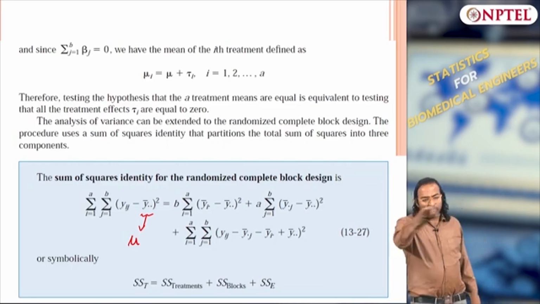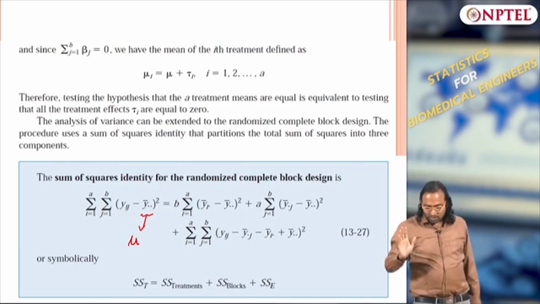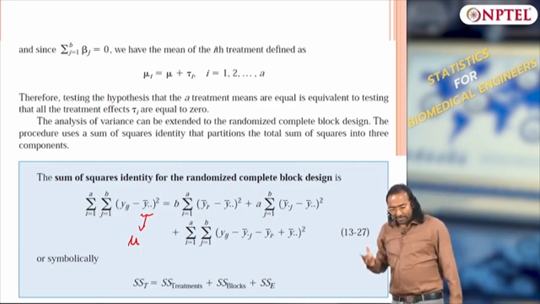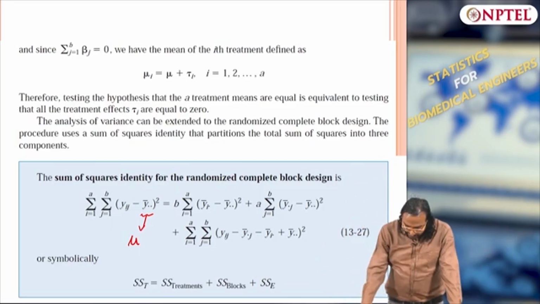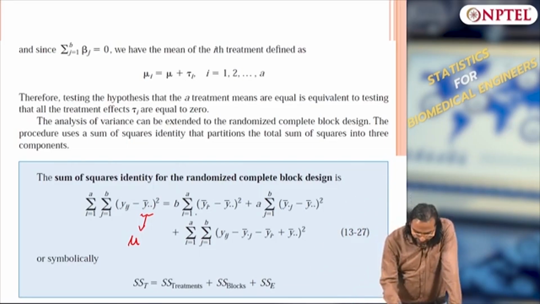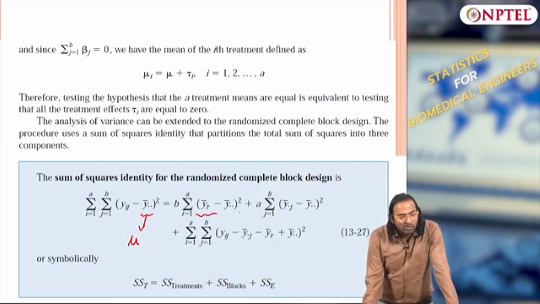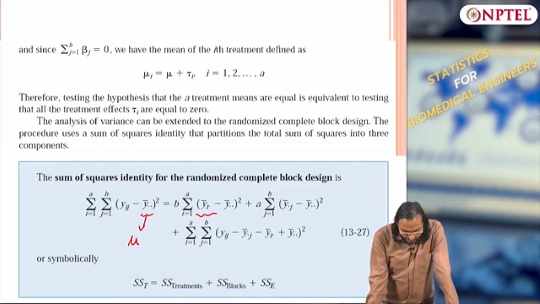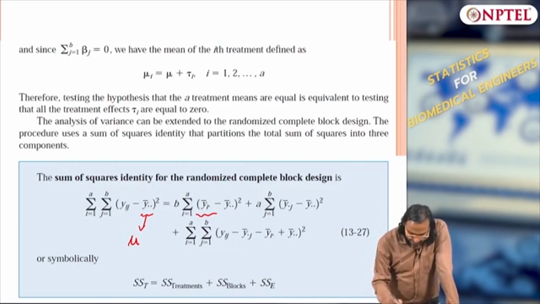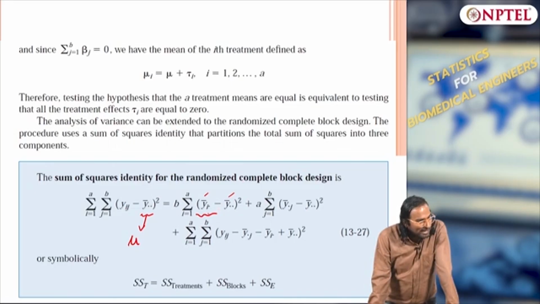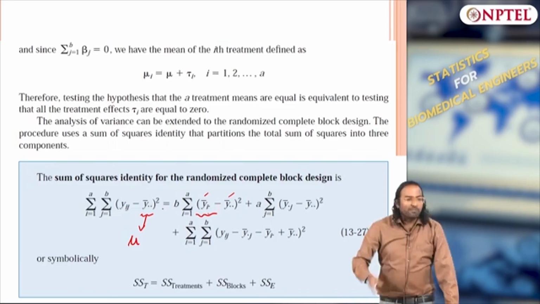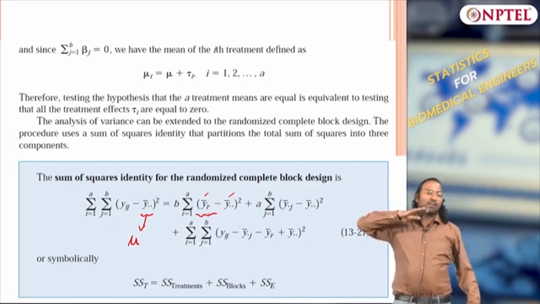You would have done summation along rows and columns, that is what I am doing. Now that effect I am dividing into 3 parts. One is what I call the treatment effect, y dot minus y bar dot dot, which is the treatment effect minus the overall mu, the whole square. Okay, that is my variation due to treatment variance, and this treatment variance multiplied for each, summated along each row,